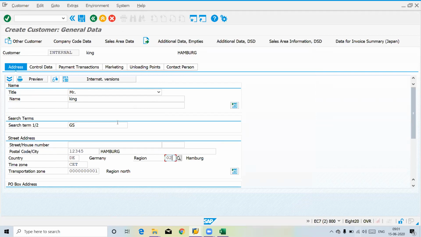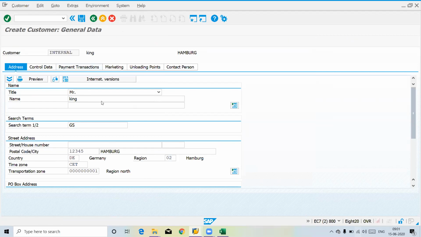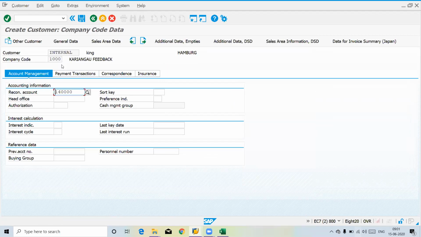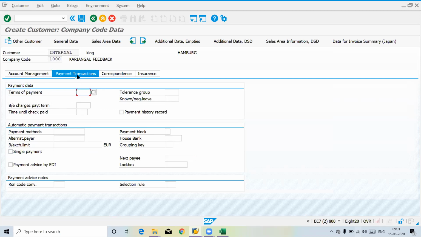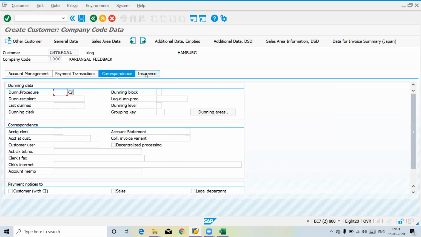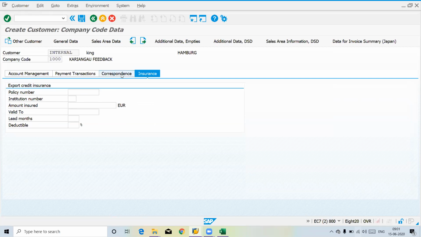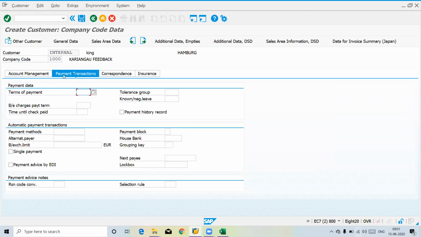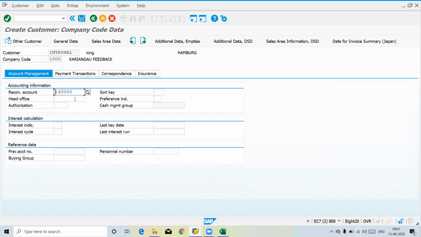When you click on company code data, you are automatically getting into the finance section. The data related to customer financials, everything will be entered. There is something called a reconciliation account, and you have head office, like that.